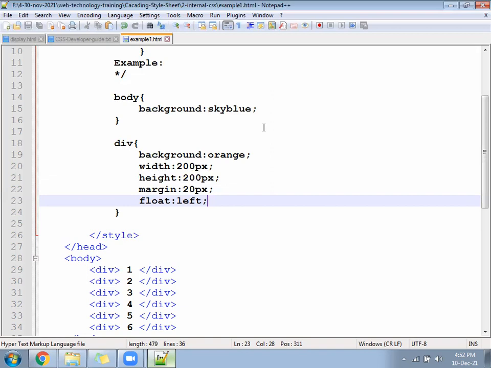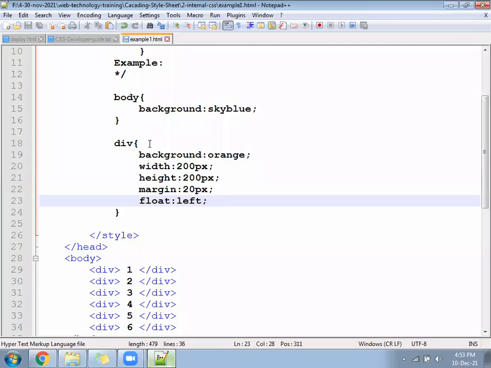Check now. It is applying for all the divisions. The same thing will get applied for all the divisions. So we wrote in only one place and it is working for all the places.